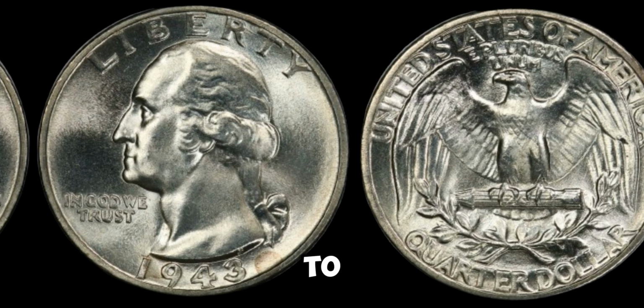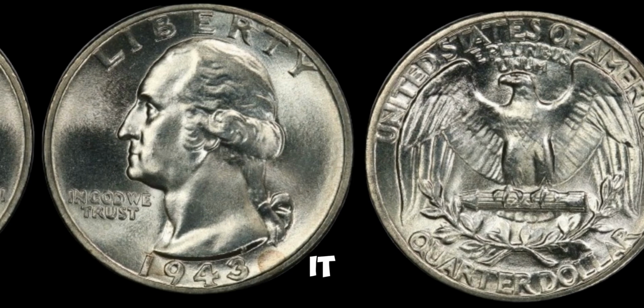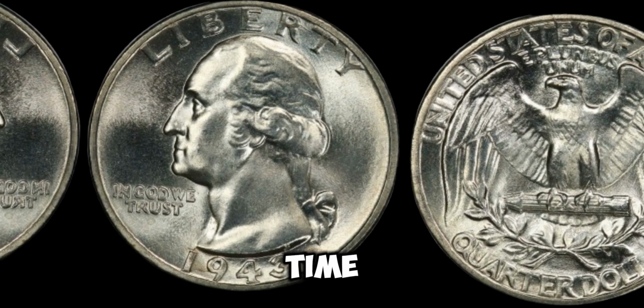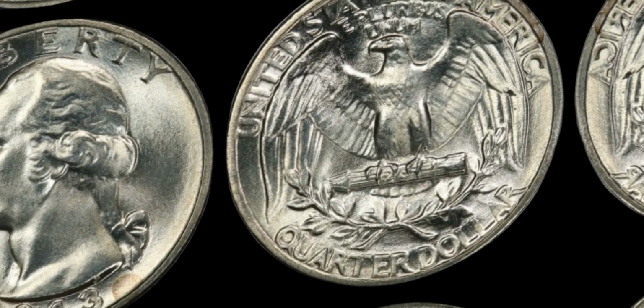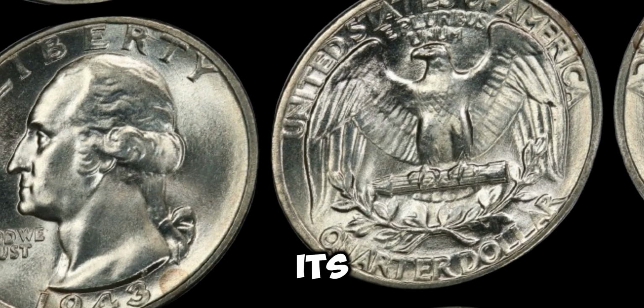If you're lucky enough to own a 1943 Washington quarter, you may be wondering what you should do with it. Some collectors choose to hold onto their rare coins as an investment, hoping that their value will increase over time. Others prefer to sell their coins to collectors or auction houses to cash in on their investment. Whatever you decide to do, make sure to handle your coin with care to preserve its value for years to